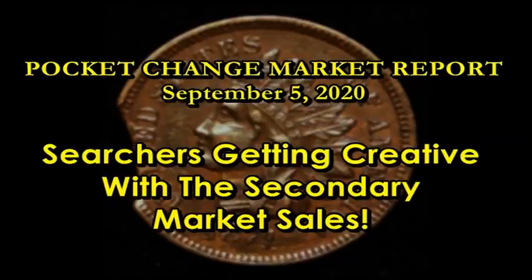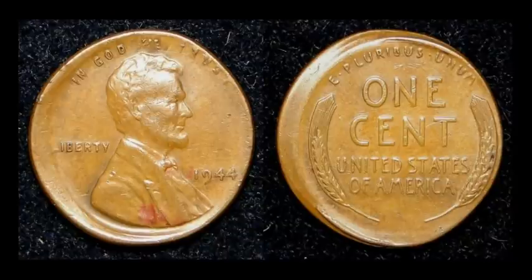These are fresh realized sales. And we're going to go ahead and start it off with a simple good old 1944 Lincoln Wheat Cent. As you guys can see, this one is off-center by about 10%. It's an earlier date, which is what people like to see. This coin right here looks like it is circulated quite well before it was discovered and retained for possible sale